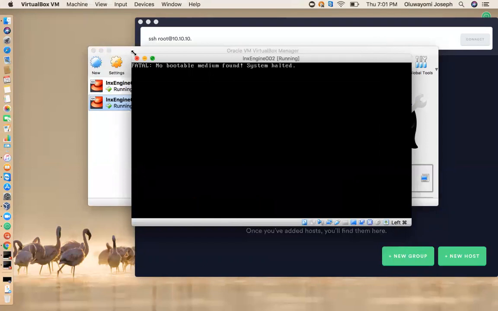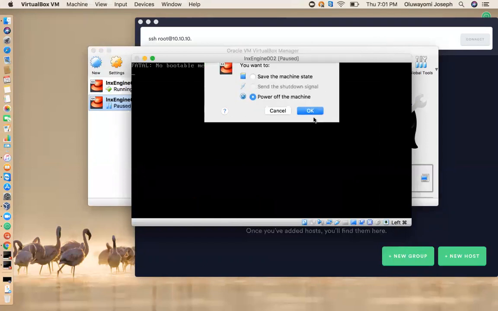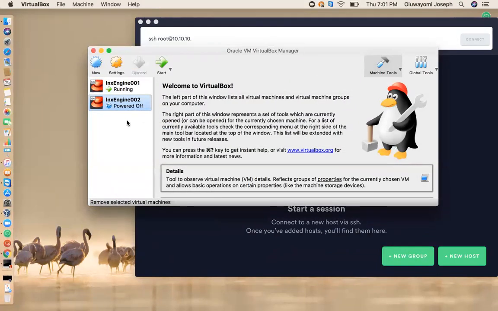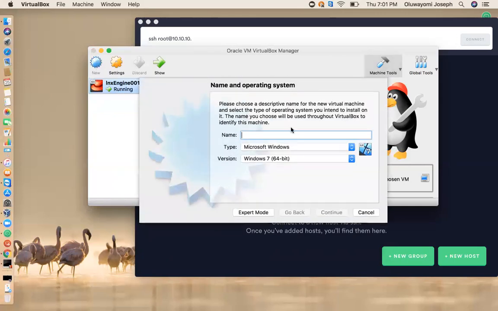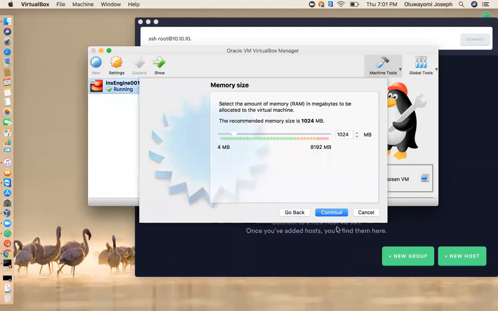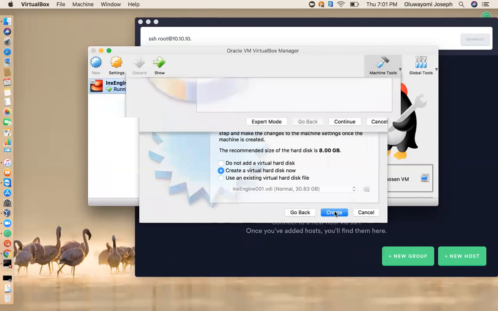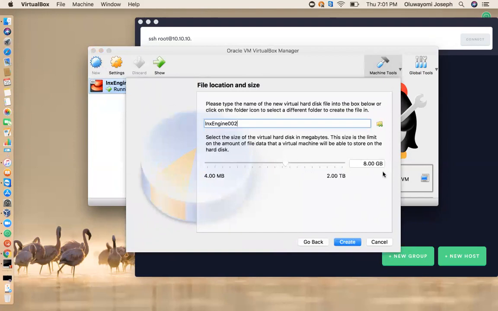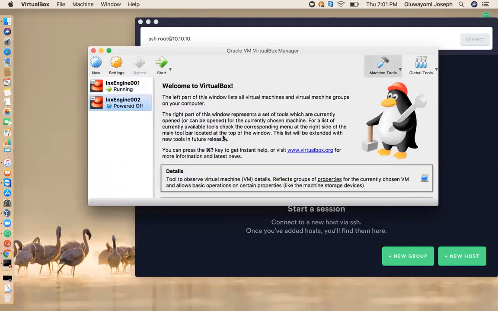okay, I think I just messed that up. I'm going to start all over with the machine creation. Good thing is, it's an opportunity for you to see the process again. I did Linux Engine 002. I change this to Red Hat 64-bit. Continue. 1 gig. Create. Continue. Dynamic. And I didn't change this. I think we should be good with 8 gig. Create. And when I click on start,